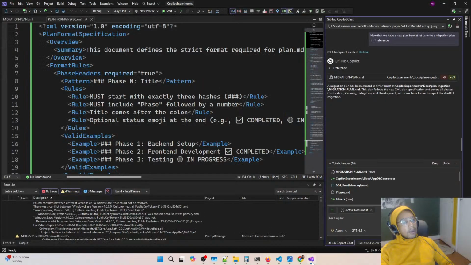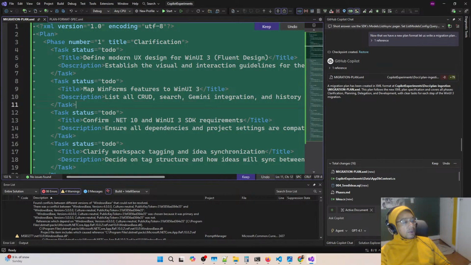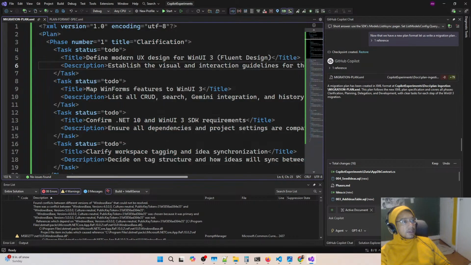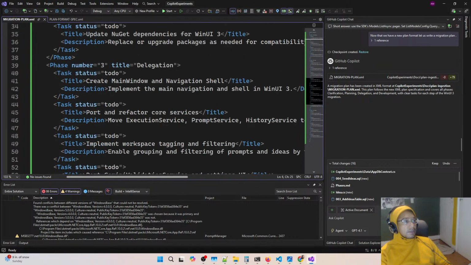So now let's see, we have a migration plan in XML format. Going to move away from Markdown, and we're gonna keep it as XML because this is not for humans, this is for the UI. So now we have to do. But now actually I want to think about it in this term. Is this better or